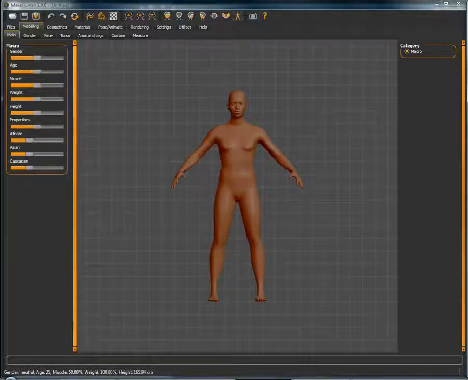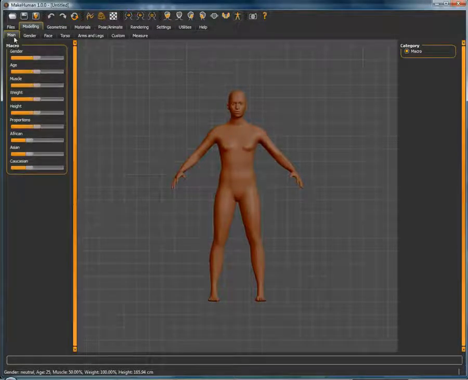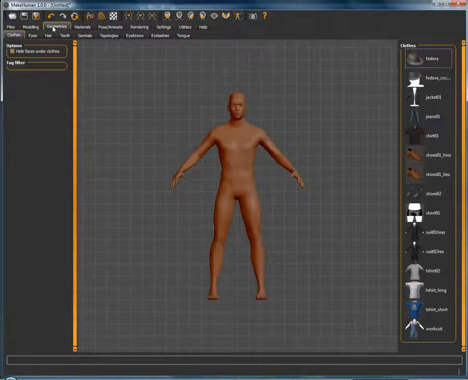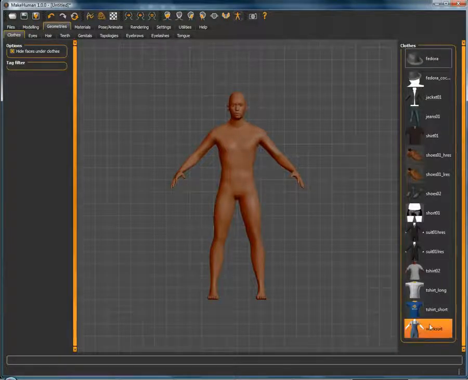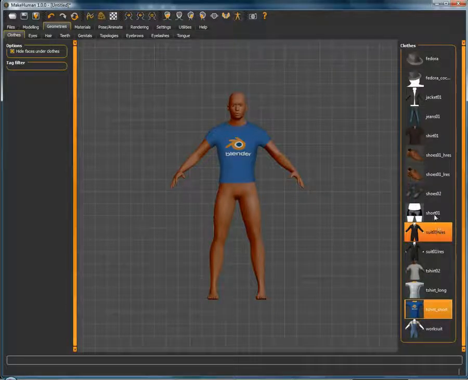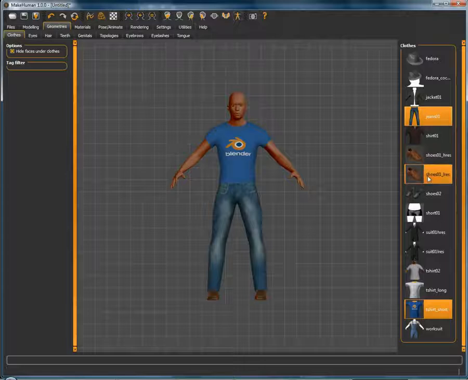So go ahead and open up Makehuman. And let's go here to modeling, main, and let's make this a male low polygon. So we'll move this over to male. And then let's go here to geometries, and let's add t-shirt,